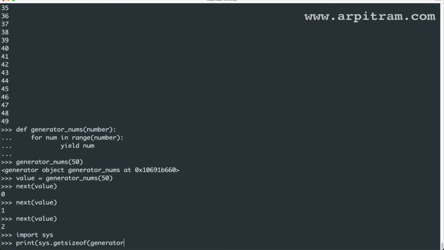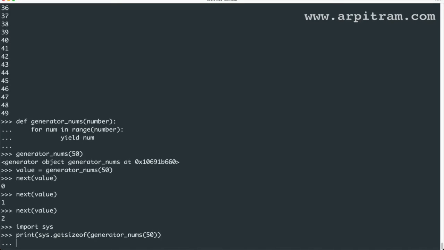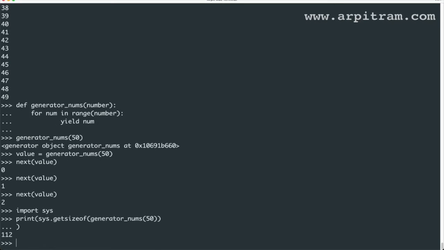So now I'm passing here this generator. I missed something, yeah, this thing. So see, this is the actual usage of total. This is the memory usage that I am using, right?